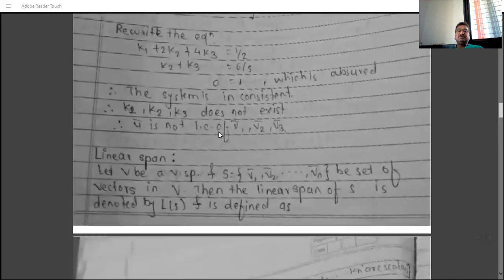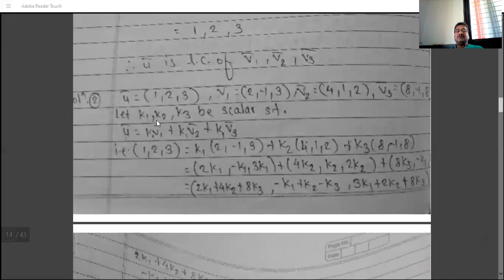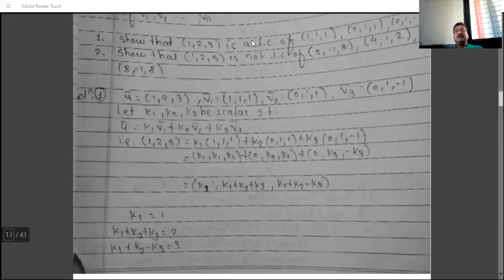But if the system is inconsistent, meaning we do not have the values of K1, K2, K3, then we say the vector is not a linear combination of the remaining vectors. The method to solve both examples is the same,